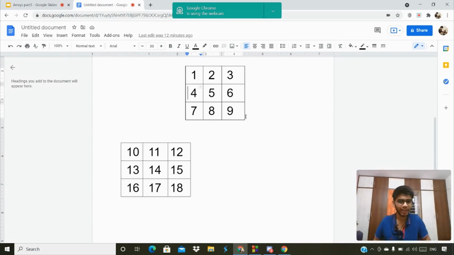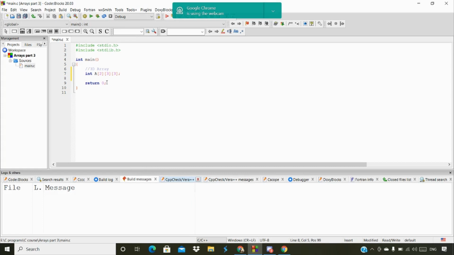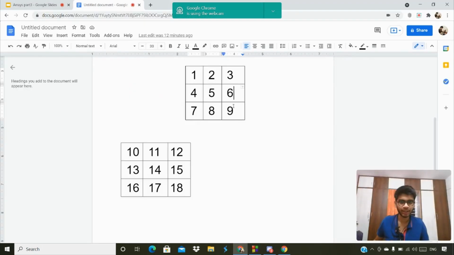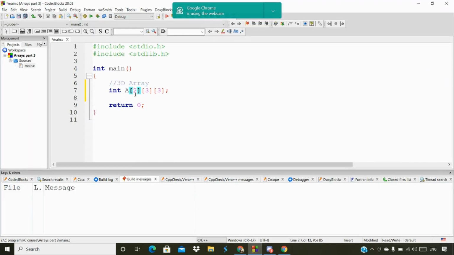When it comes to a three-dimensional array, let me show it again. Let's come back to the editor here. We have given two here, so it means we are asking to create two tabular forms. So that's what we have created, two tabular forms. This is the representation internally. This is the three-dimensional array, created as two tabular forms because we are mentioning two here. If you mention three here, then it's going to create three tabular forms of two-dimensional arrays.